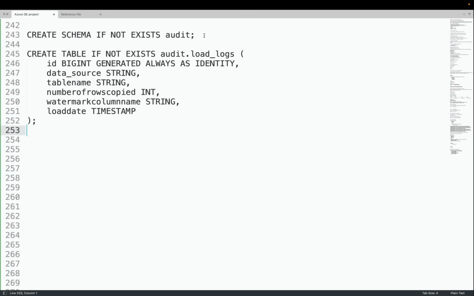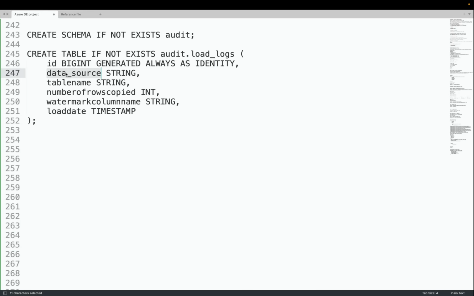Generally in Databricks, a schema is nothing but like a database, right? Just like we create a retail DB database. So consider we are creating audit as one database, and inside that we want to create a table named load_logs, right? And in this ID, which is auto increment, data source, we are putting what's the source